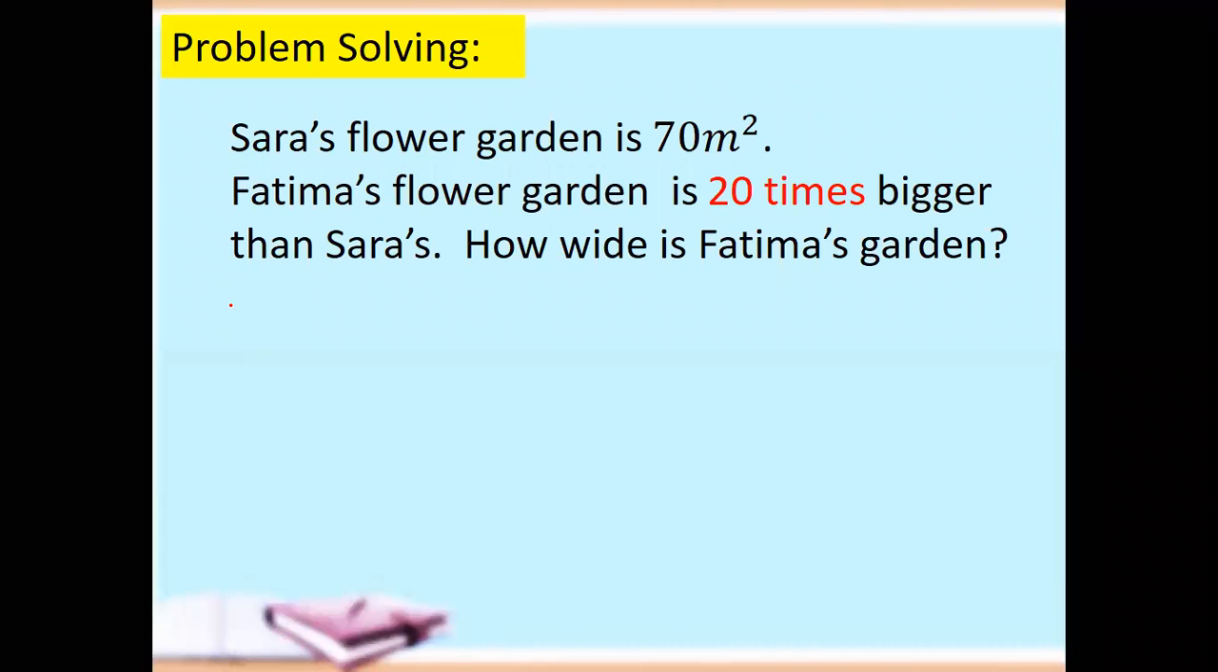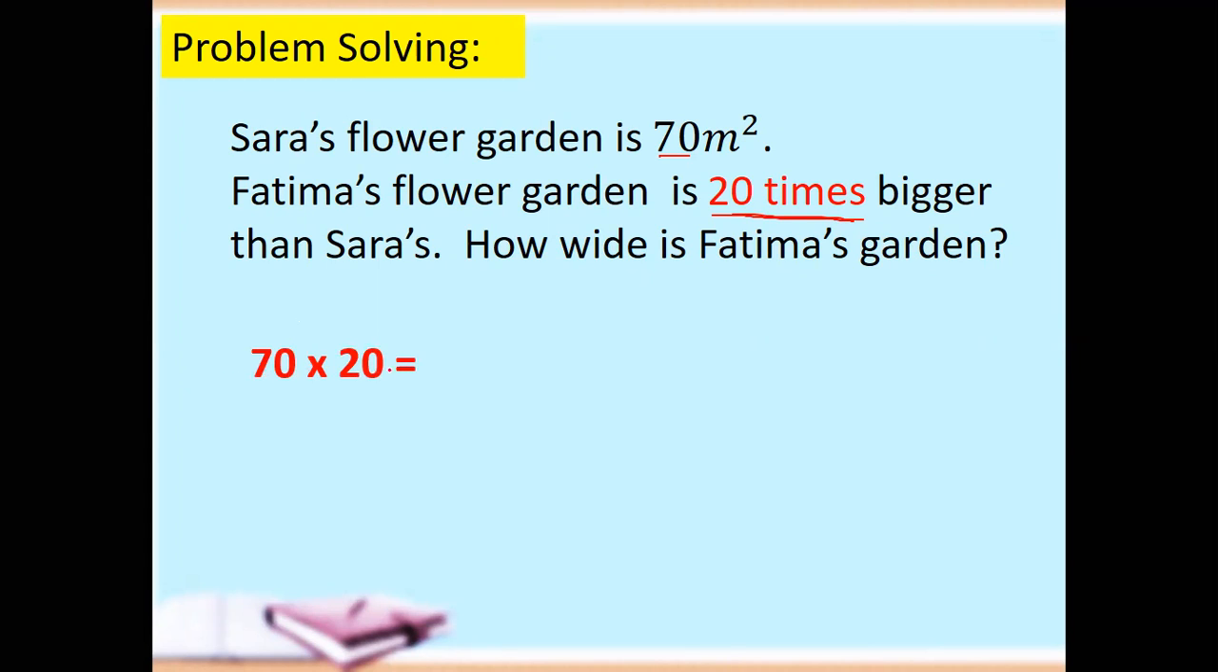Now, let's also solve a word problem. We have done already multiplying numbers by multiples of 10, 100, and 1,000. Let's apply our knowledge in solving a problem. We have a question here. Sarah's flower garden is 70 meters square. Fatima's flower garden is 20 times bigger than Sarah's. How wide is Fatima's garden? So we have 70 here and it says 20 times bigger. So you have to write